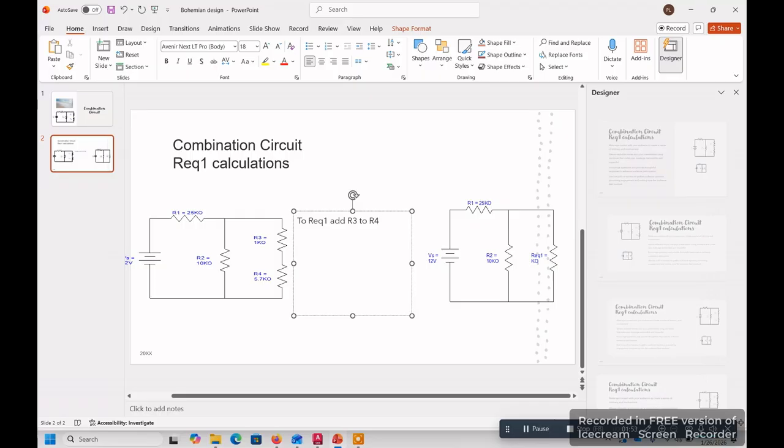And then we're going to bring another line down here and put REQ and then a space, equals, space, R3, space, plus,